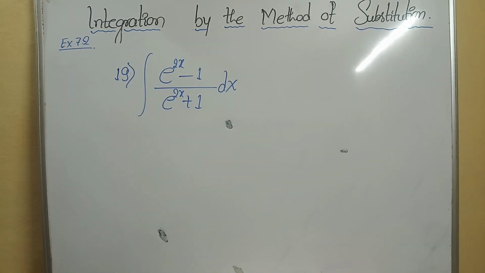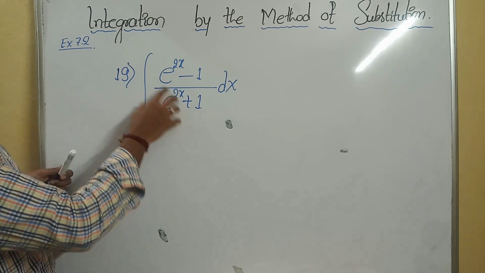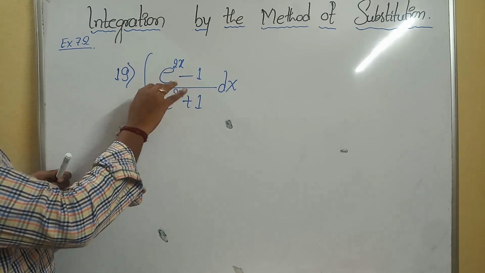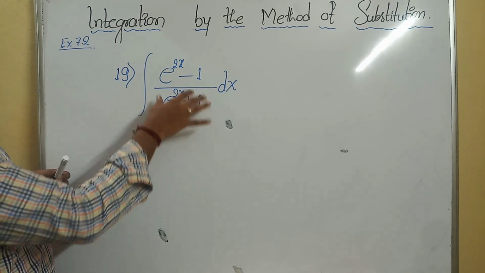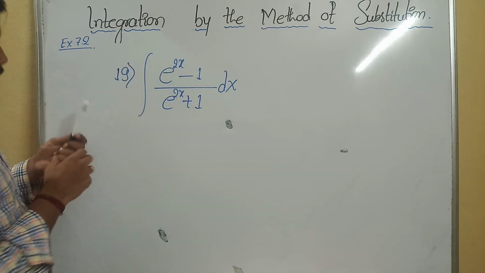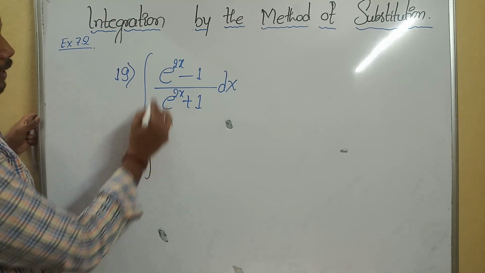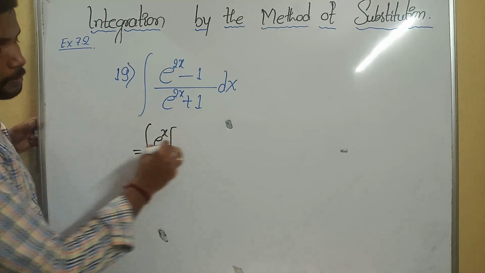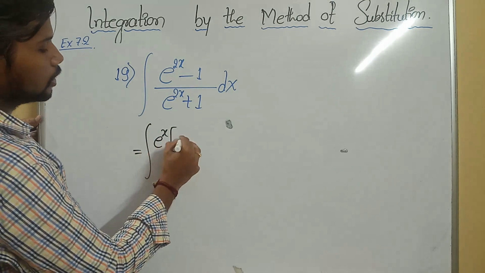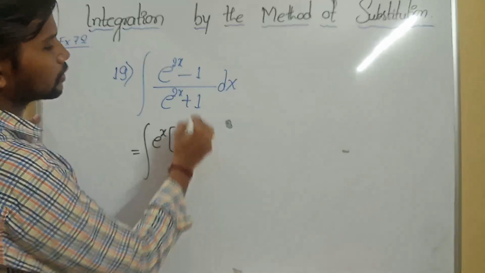Concentrate on the next one. Here, e to the power 2x derivative will be 2 e to the power 2x only. Okay. But one derivative will be 0, but it is minus 1 there. That's why I need to apply some different logic here. Okay. In the numerator, I'd like to take e raised to x as a common term. E raised to x as a common term. It will be e raised to x minus.